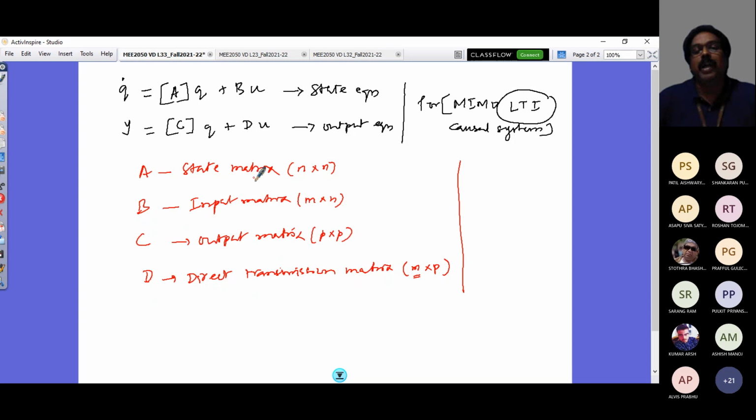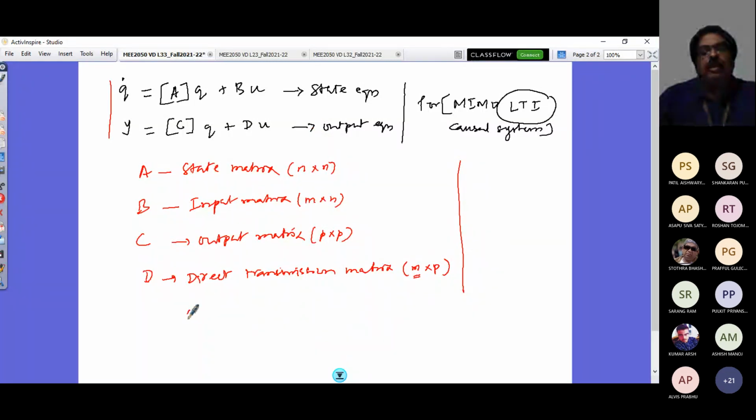nth order system for its multiple inputs, and then the expected multiple outputs by state space equation and its output equation, right? So what is the advantage of having written this equation? So we have looked at in a control system design, I